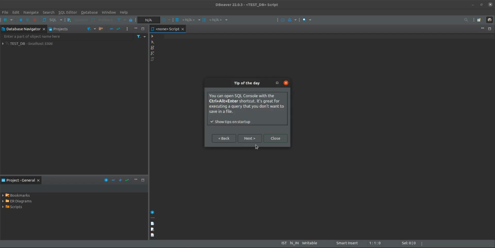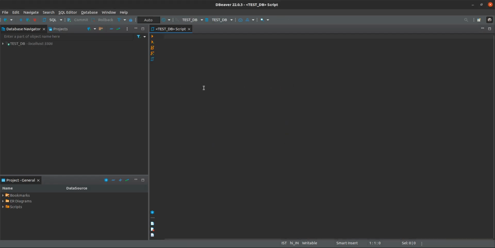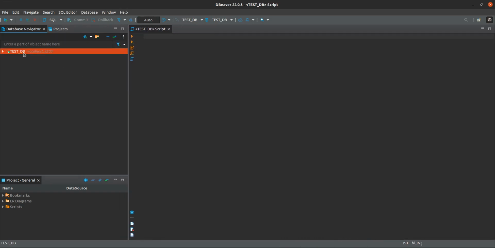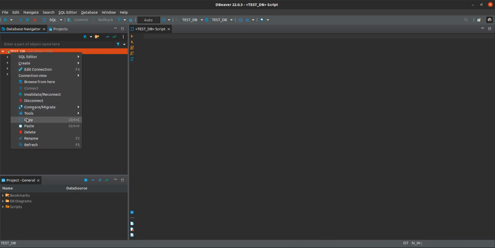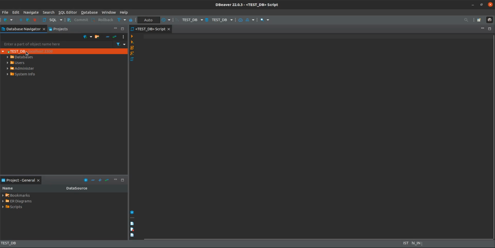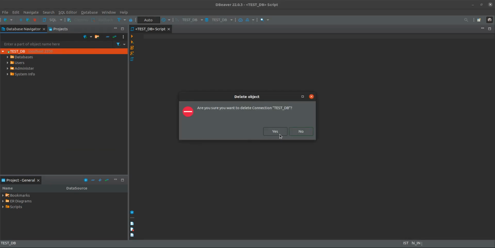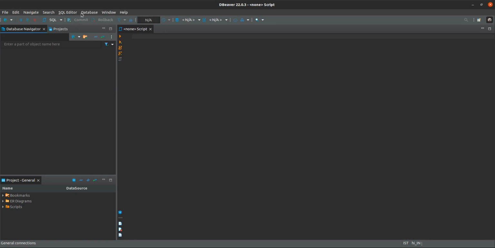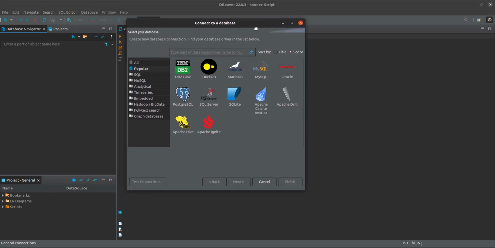So this is fine. Just close this one currently. One connection I already made, so just close this one and delete. Currently I'm just deleting, and I will show you how you can make a new connection. Yes, okay. So how will you make a connection with the database? Very easy, just click on select database from this menu and new database connection, and you may see here,